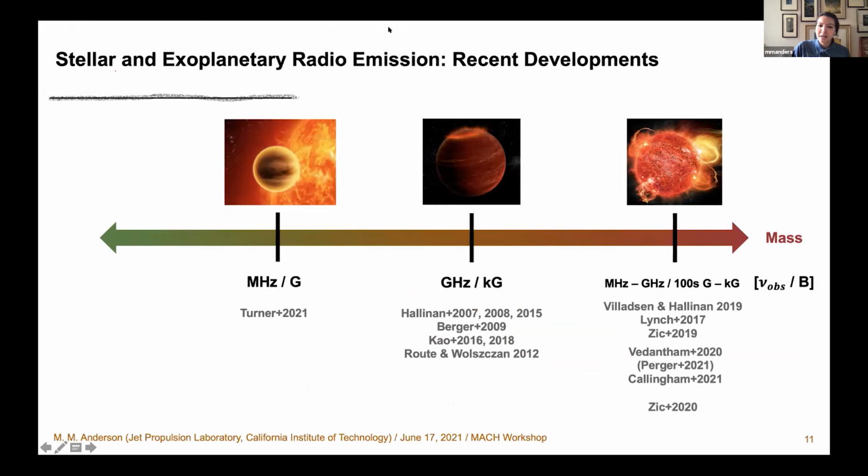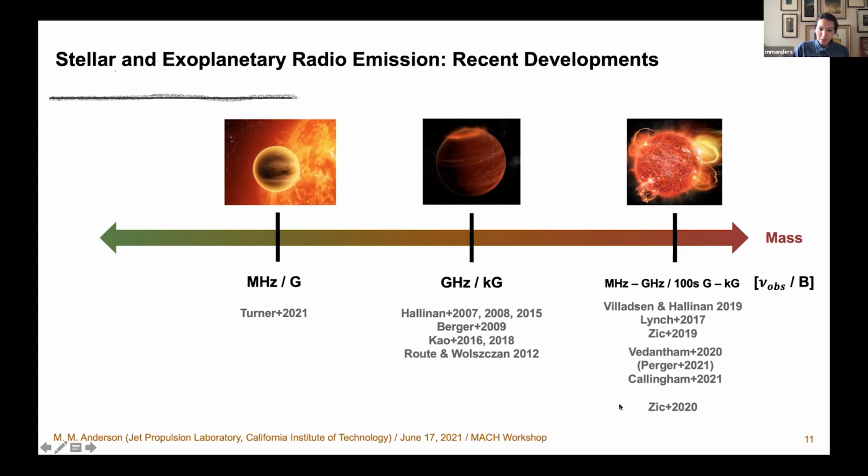And we can place on this scale from going from lower mass to higher mass, all of the detections of either auroral radio emission or possible indicators of space weather events. And what we see is pretty good coverage in terms of frequency and therefore magnetic field space. So here's that detection of that hot Jupiter I just showed at megahertz frequencies indicating Gauss magnetic field strengths, detections of kilogauss magnetic fields on ultra-cool dwarfs and brown dwarfs, as well as detection of a similar mechanism, large-scale auroral current systems on active flare stars in the gigahertz regime, indicating kilogauss magnetic field strengths.